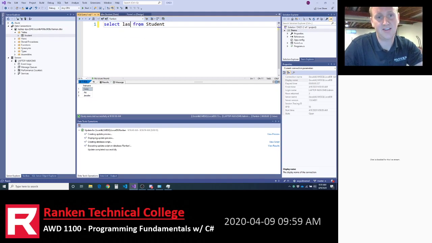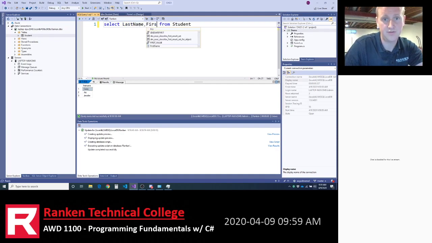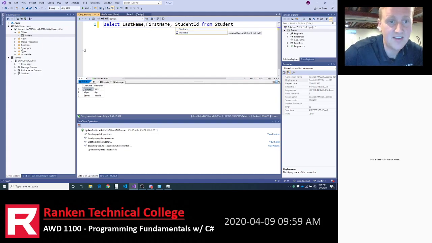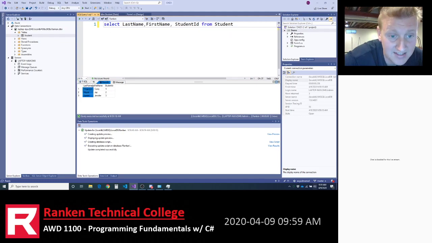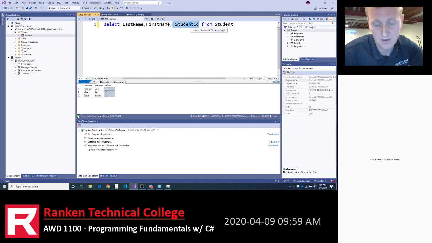So let's select last name, comma, first name from student. So you can see, even though our result table, we could put it in any order that we want. We could select the last name, then the first name, then the student ID. We could change it all around.